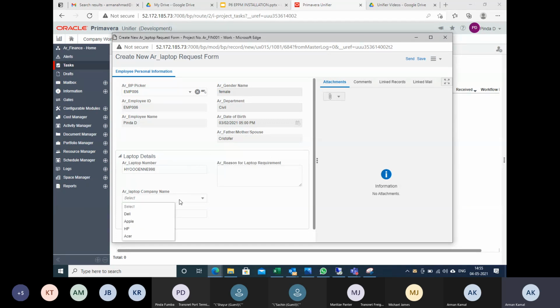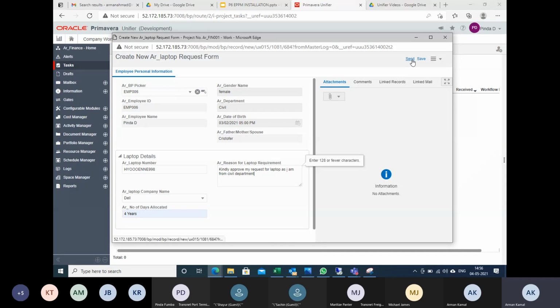Laptop, I need Dell, and 4 years I need. So kindly approve my request for laptop as I am from the civil department. Now I will send it.